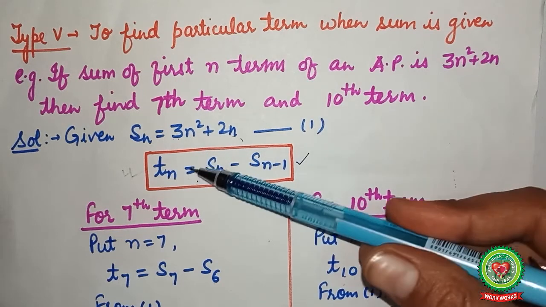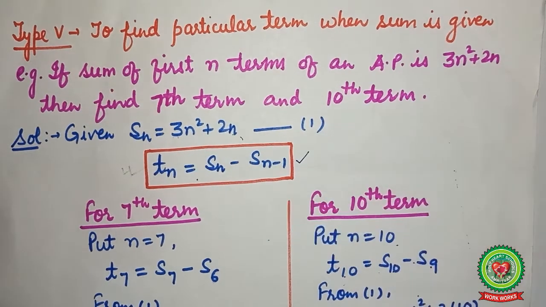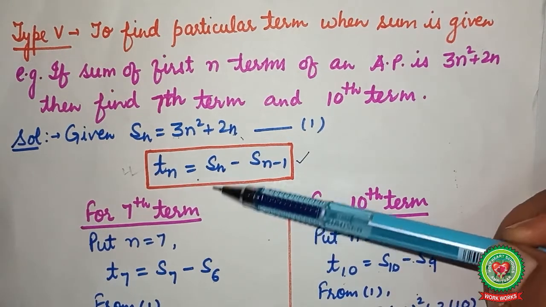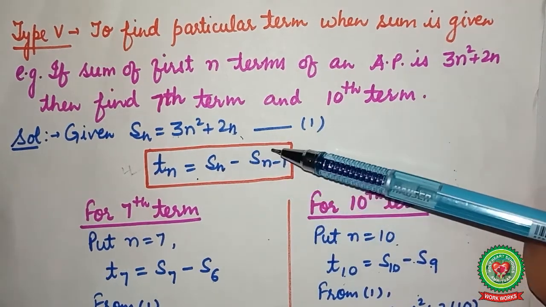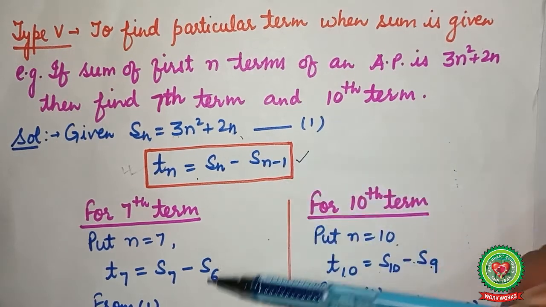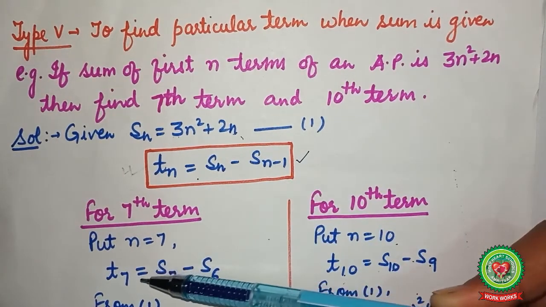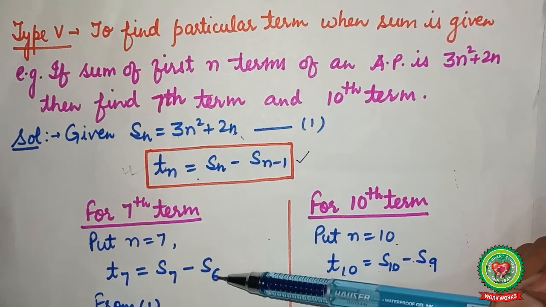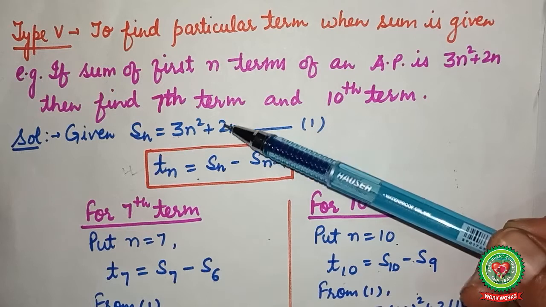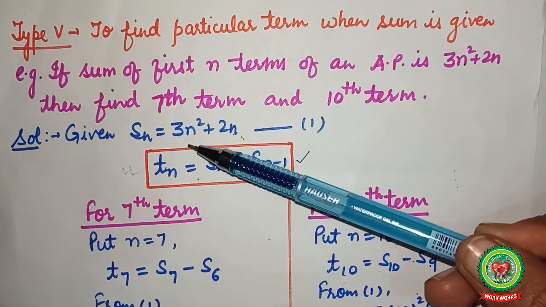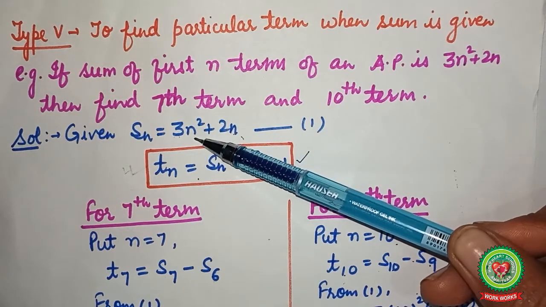Now for seventh term, put n is equal to 7. So we get T7 is equal to S7 minus S7 minus 1. So finally it is T7 is equal to S7 minus S6. Now we will find the value of S7 and S6 using equation 1. In place of n we will put the value. So from first,